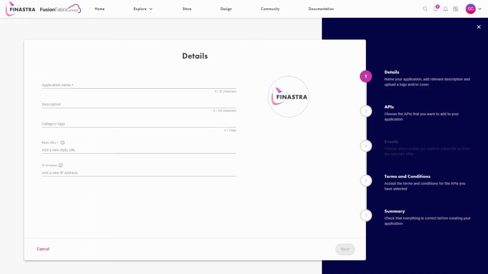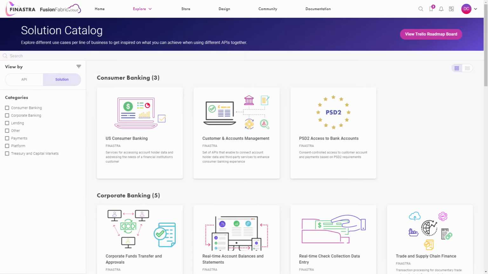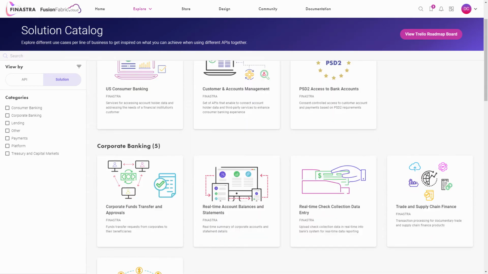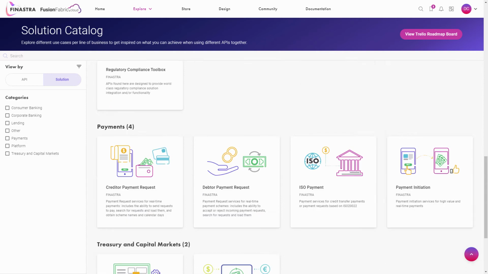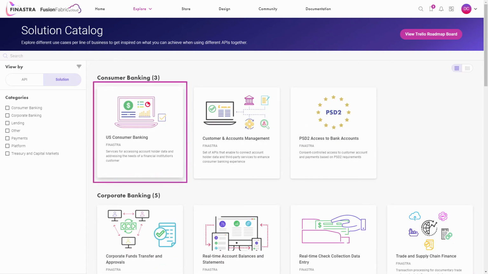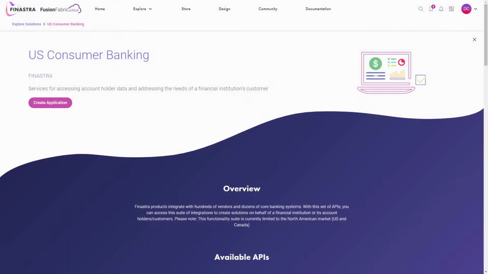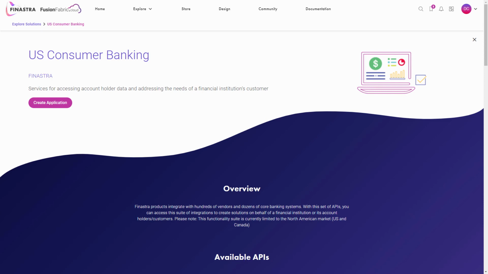The other way is by accessing solutions from the Explore menu. A solution groups several APIs allowing you to consume related services. For example, choose US Consumer Banking from the Consumer Banking category.